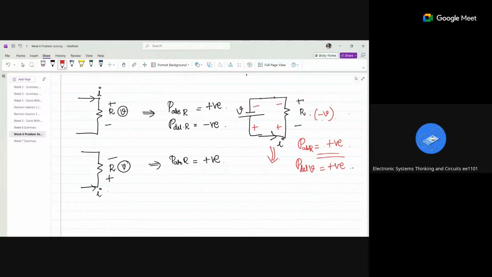See, here there are two terms which determine the sign, right? One is the factor, that is whether the power is absorbed or delivered, and the other is whether the value is positive or negative. If it is the voltage source,